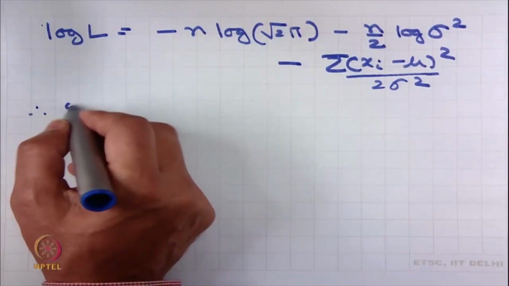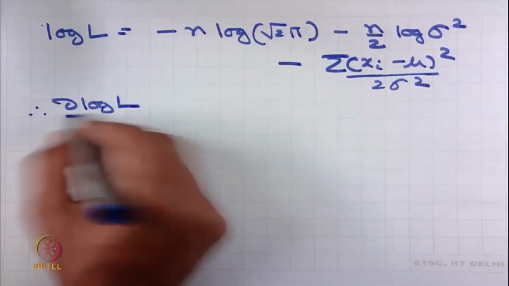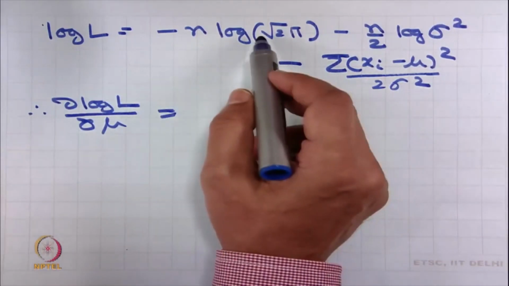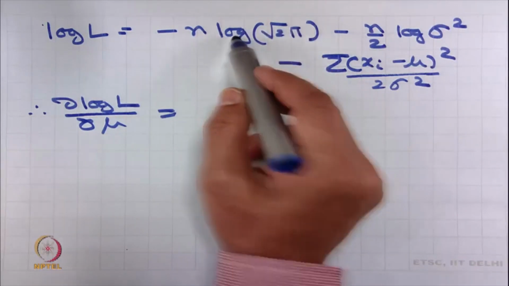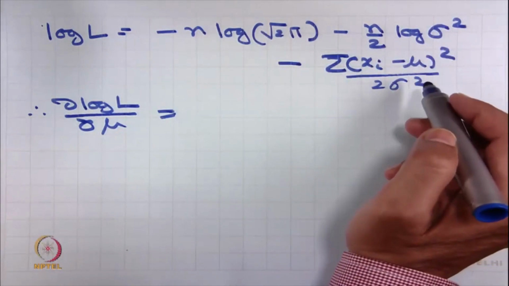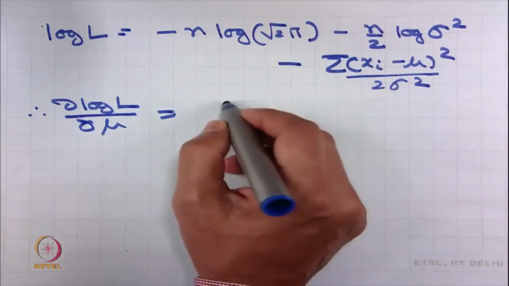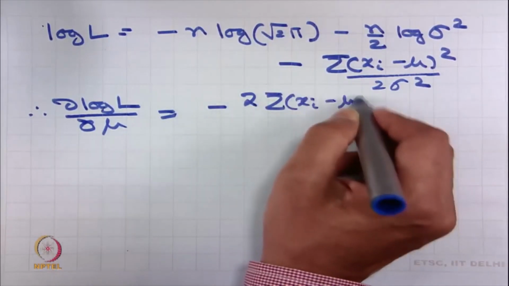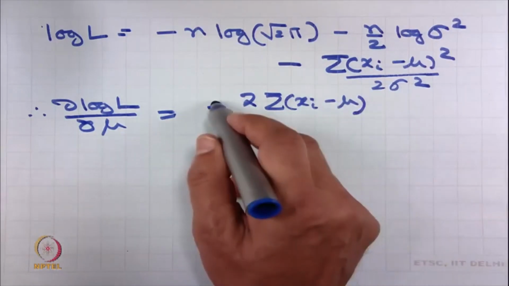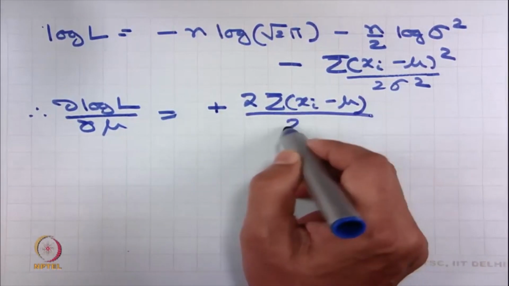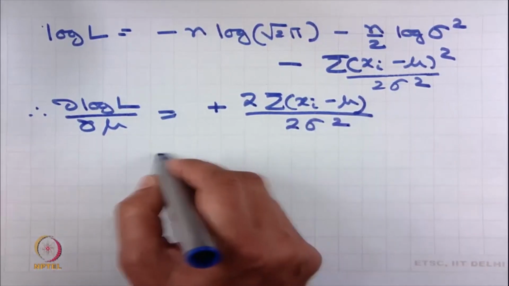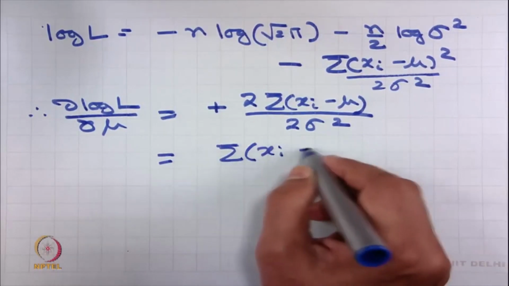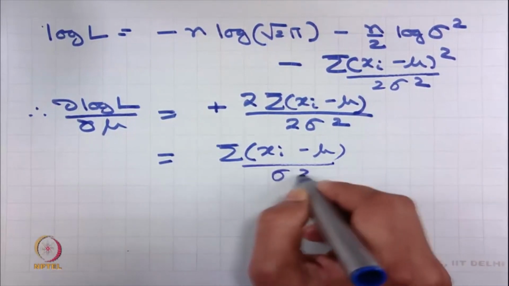Therefore, del log L del mu is equal to, this gets cancelled because this gives 0, this gives 0, and what we are left with is minus 2 into sigma xi minus mu. Now, this is with minus sign, so that makes it plus, upon 2 sigma square, is equal to sigma xi minus mu upon sigma square,